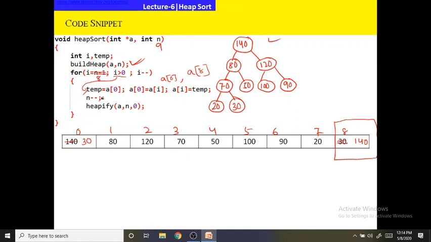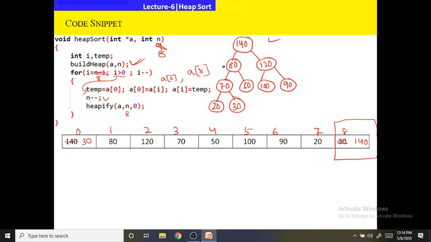Next, what we have done? n minus minus. So the value of n will be decremented to 8. Next, heapify(a, n, 0). Heapify(a, n, 0) means the value of n is decremented to 8 and 0.